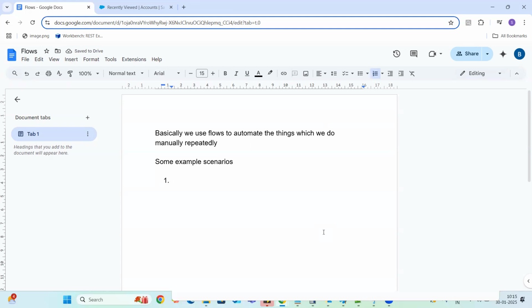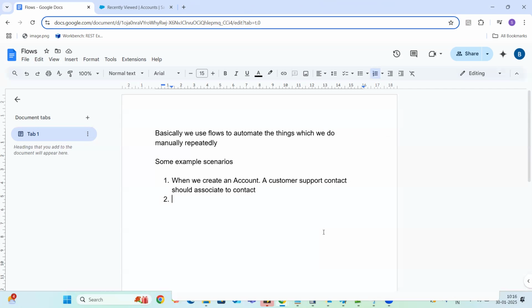The first scenario, as we discussed, is when we create an account, a customer support contact should always be associated to this account. Okay. This is one of the automation scenarios.